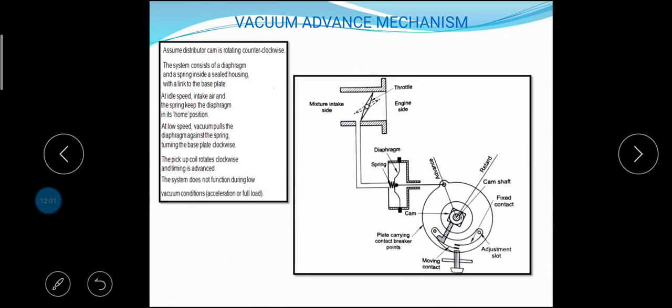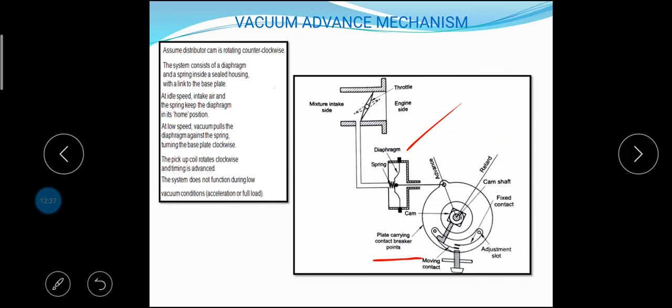Next, let us discuss the vacuum advance mechanism. At light loads, the advance required is more because the time lag is more, as the pressure at the end of compression is less. At heavy loads, the advance required is less, as the pressure at the end of compression is higher. The vacuum advance mechanism consists of a spring-loaded diaphragm connected to a rotatable plate carrying the contact points,